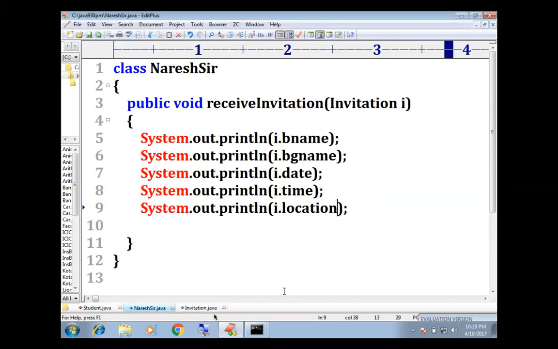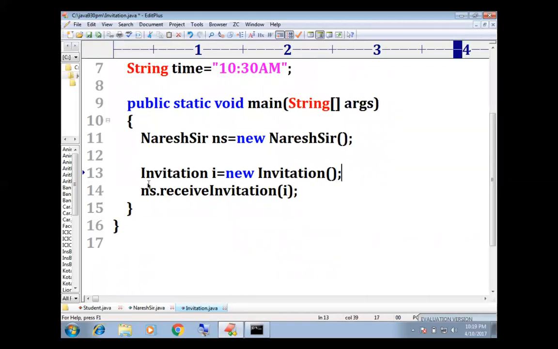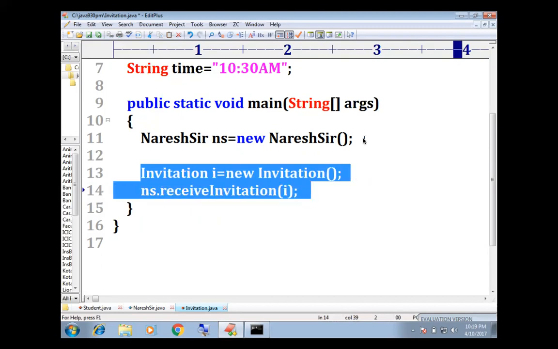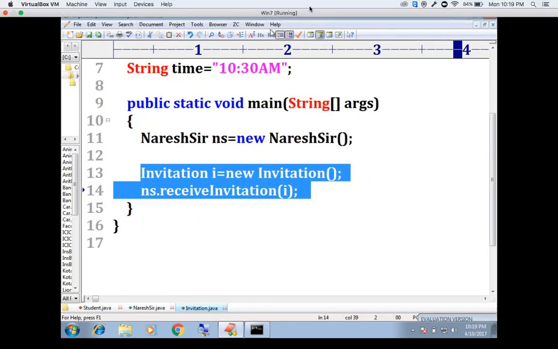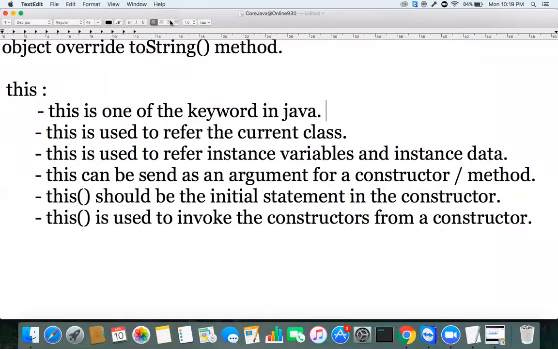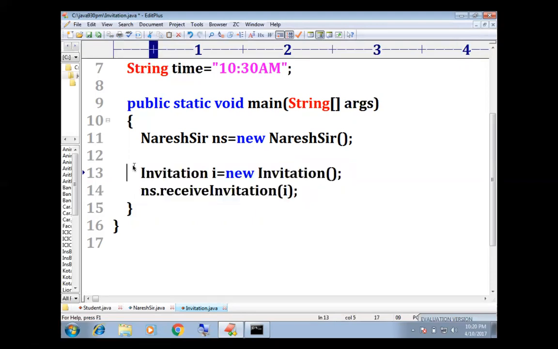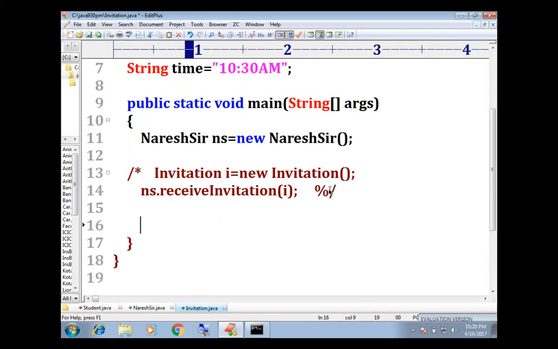We created an object for this particular class, and that class object we are sending as the input to the receive invitation method. Observe here, we are creating an object for this invitation class, and sending that object as input parameter to the receive invitation method. Now I'm commenting the logic. Instead of using this object creation and sending the object as input parameter,